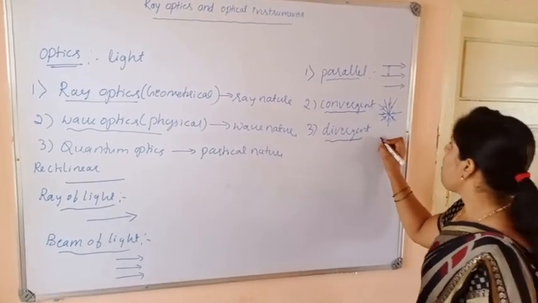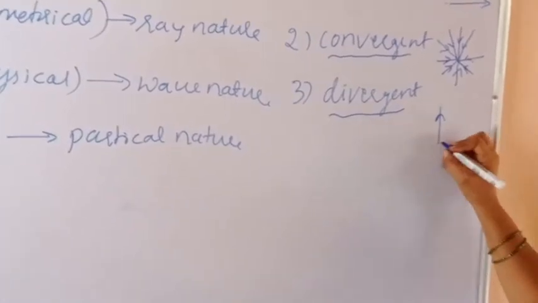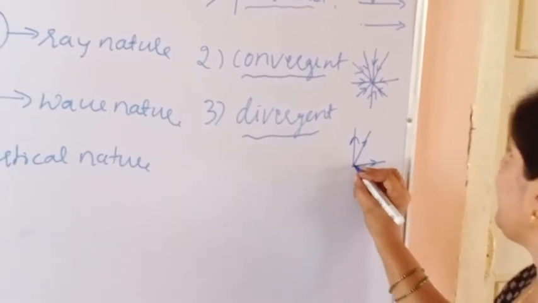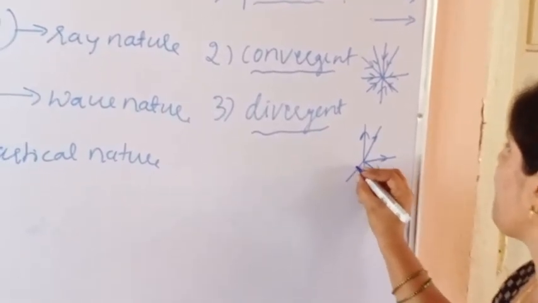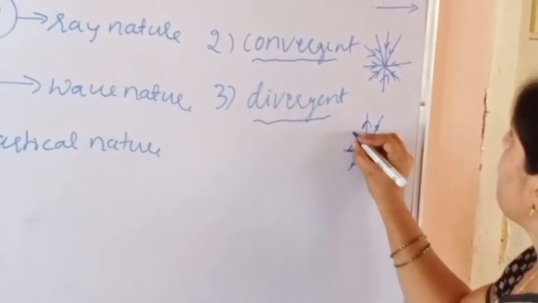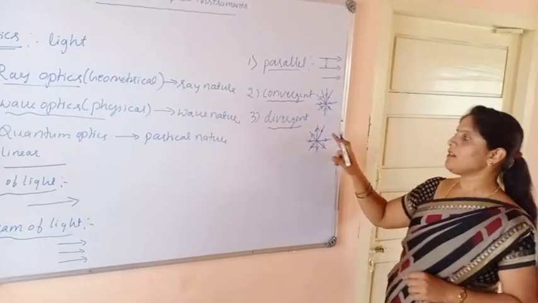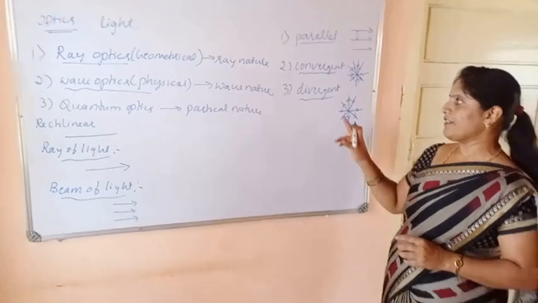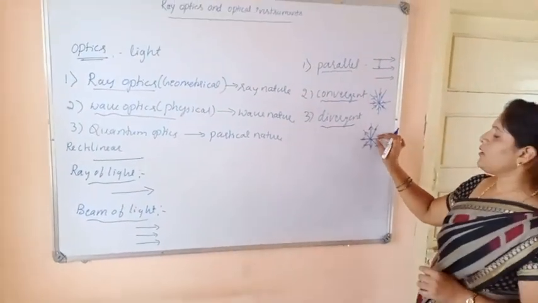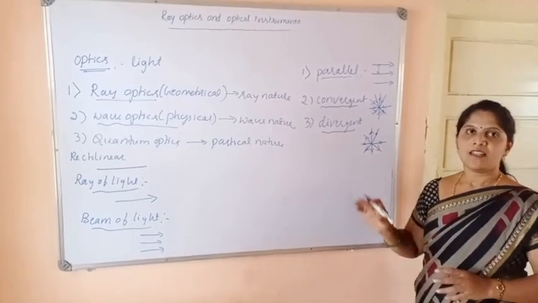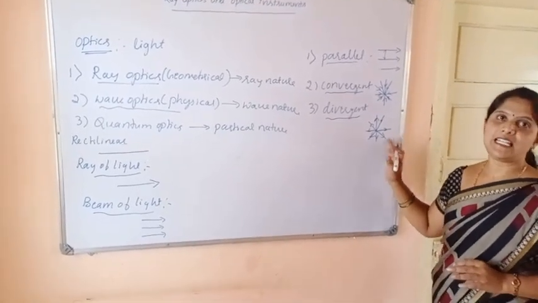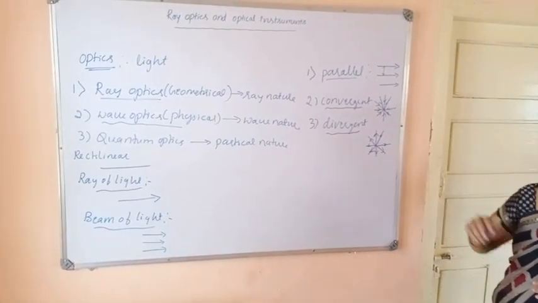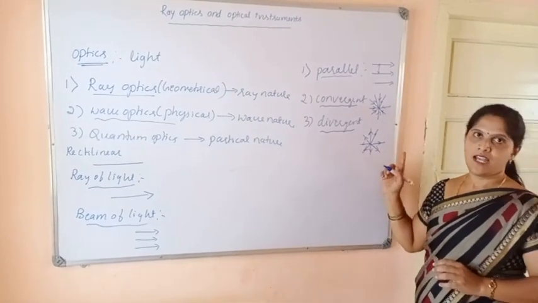That means if all the rays of light are spread over each other, then they are called a convergent beam of light. In the figure, you will observe that in the case of a divergent beam of light, the width between the two rays goes on increasing. That means these rays never meet each other. The best example for a divergent beam of light is our torch light. I think it is clear now.